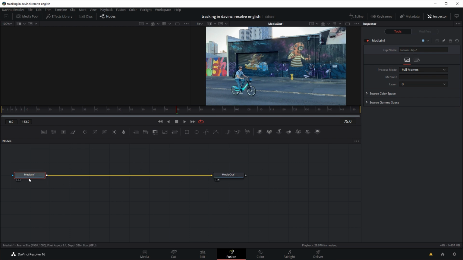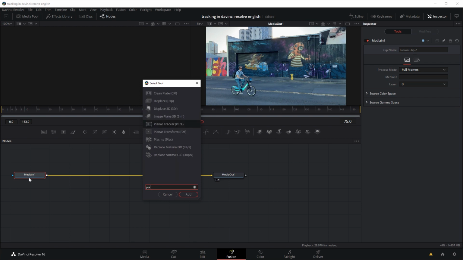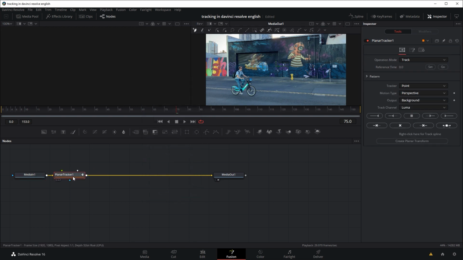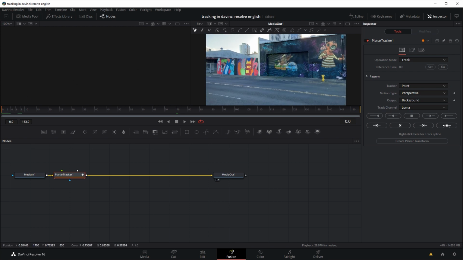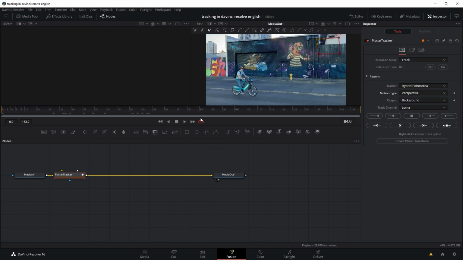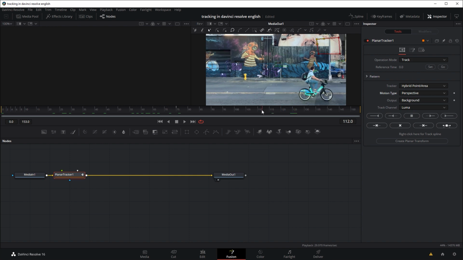And again, we're just going to get the planar tracker to extract the movement information. This time we want the movement information of the wall around this area. So again, I'm just going to draw a square around this area like this. And for the setting, again, I'm going to use the hybrid point area. And for the motion type, this time I'm going to do perspective, because I don't just want the movement from left to right, but I want it so that when the camera pans from left to right, the perspective shift